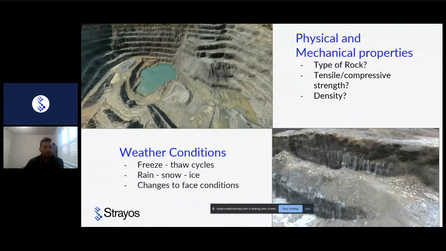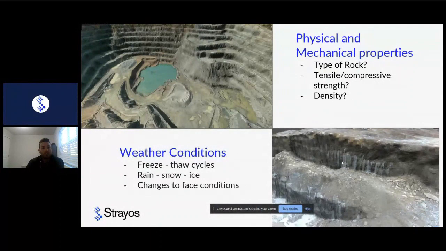As a blaster and a driller, you get onto your site and you might have varying site conditions, different rock types, different applications on your site for outcomes. And assessing these right off the bat, whether it's just visually or looking at any previous data you have for that site, is critical. Doing testing of rock can be costly, test drilling takes time, and sometimes you just don't have those resources right at your hands when you get onto a site, whether it's a new site or an old site. So just getting a handle on what you have in front of you, what type of rock you're looking at, the properties of that rock, the densities, compressive strengths of them,